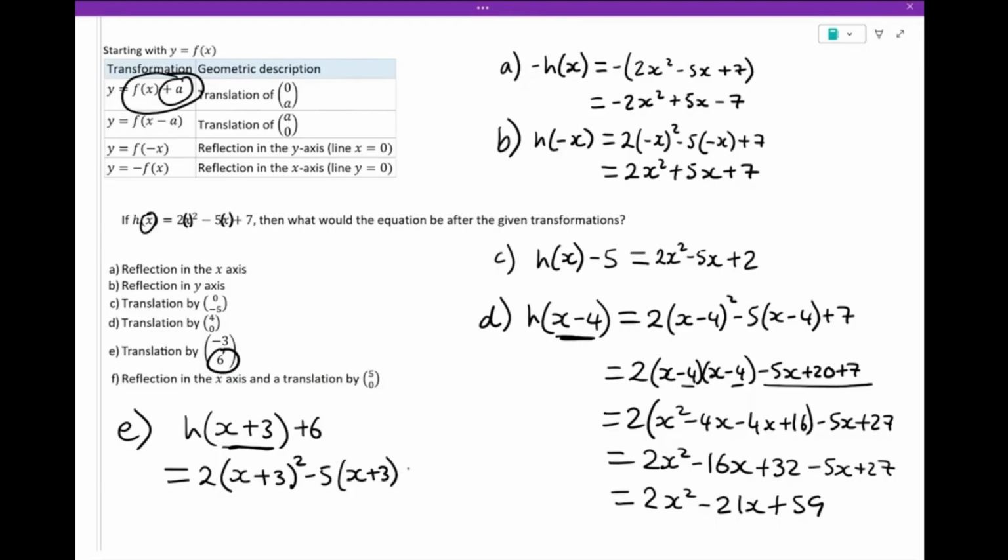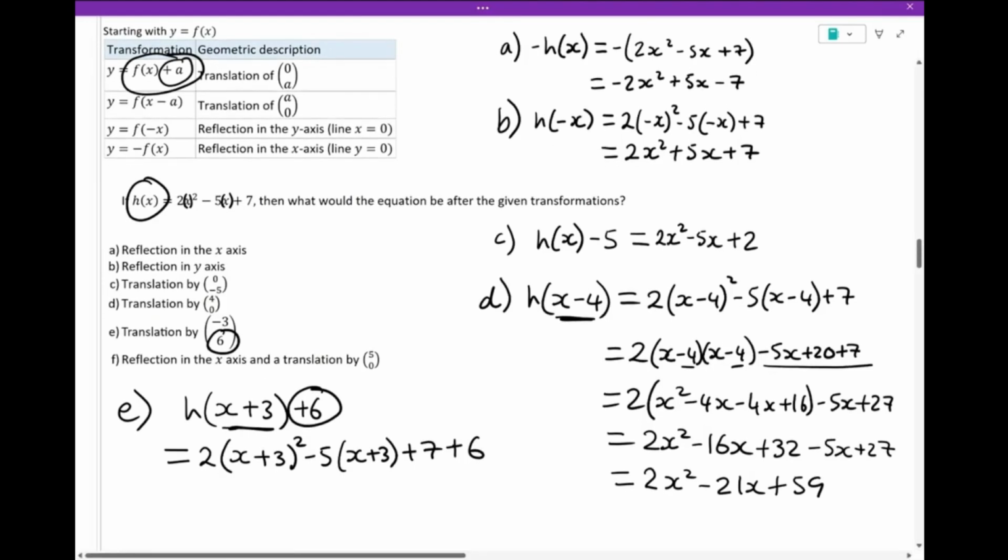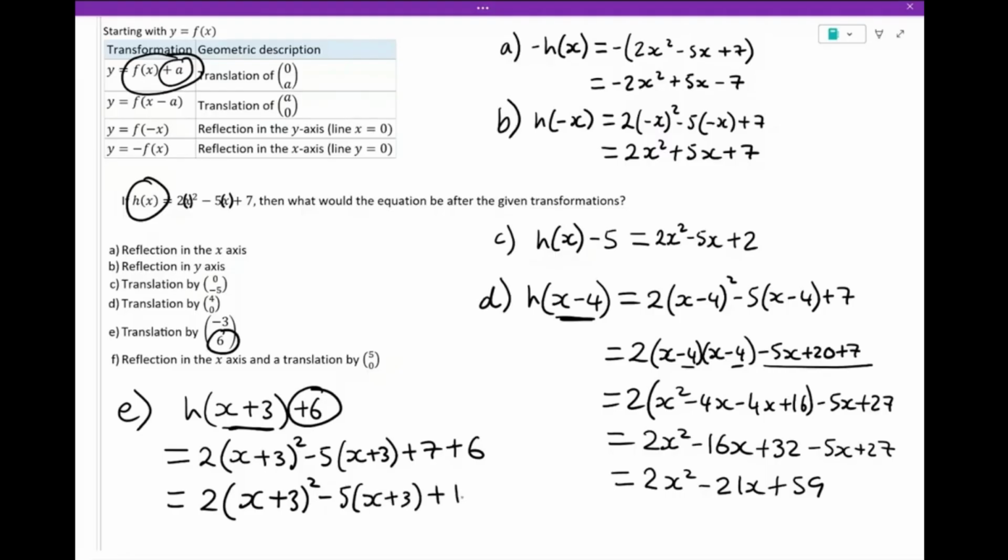And then plus 7. However, we also need to plus 6 onto h of x. So I'm also going to write a plus 6 like that. Okay, now we could expand and simplify, but I think I'm going to leave things there. I'm just going to simplify the part outside the brackets, which is the plus 7 plus 6, which becomes positive 13. Okay, now usually you'd have to expand and simplify, but I'm going to leave it there and move on